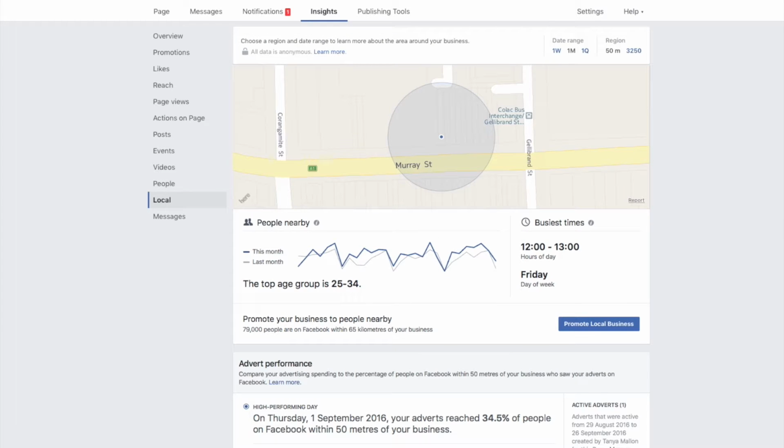And one of the newer things that Facebook's introduced is the notion of people who are nearby. So in the vicinity of your practice, you can set a certain region size. In this case, it's 50 meters, or you can also set a zip code or postcode. So if you wanted to find out how many people are active in the small area or the larger area that you're from, you can easily look this up, and that's under